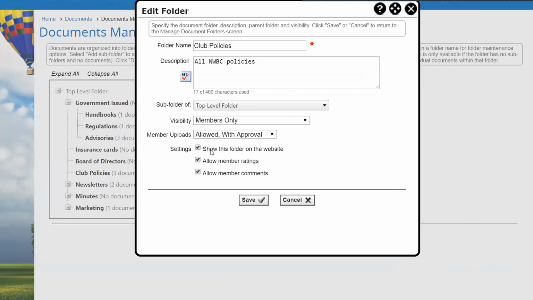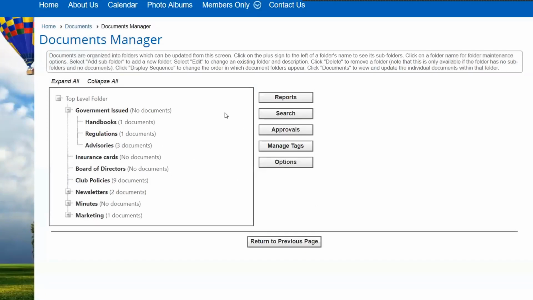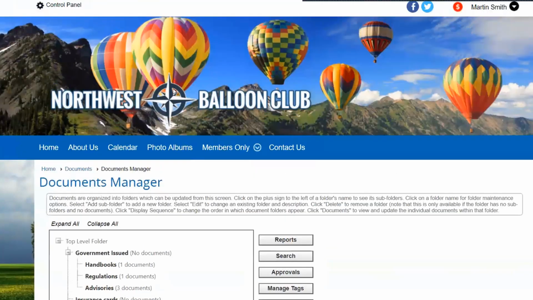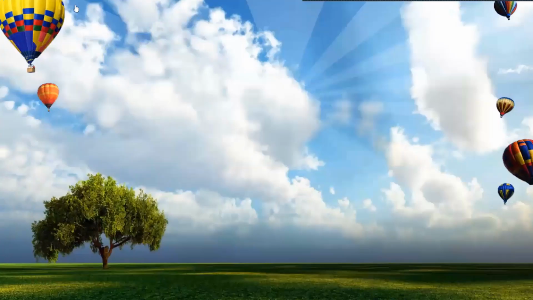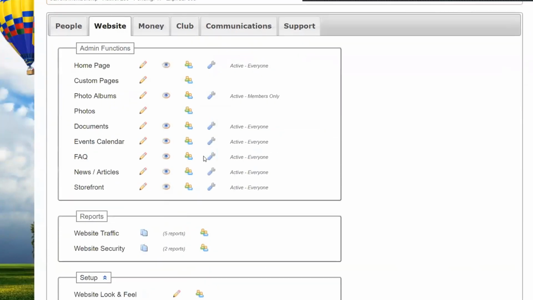So for the settings, we can decide whether or not this folder is actually visible on the website at all, and whether or not we allow member ratings and whether or not we allow member comments. So I'm going to cancel this. And if we come back up here to the control panel, if we look at documents,